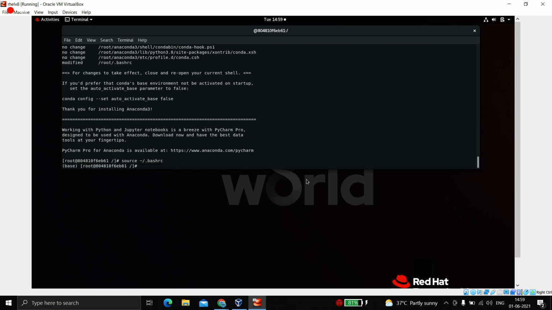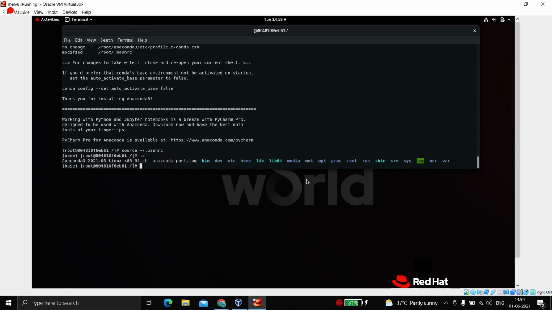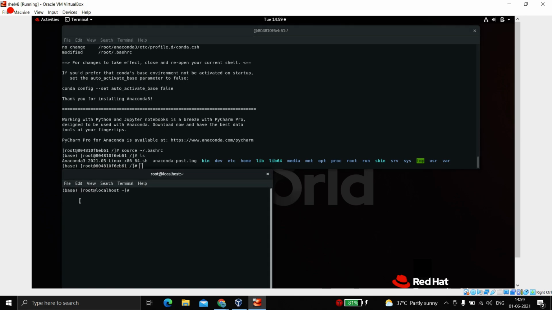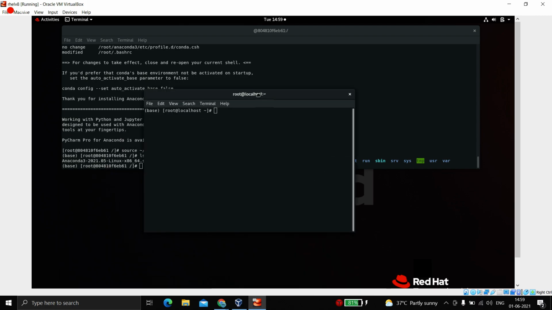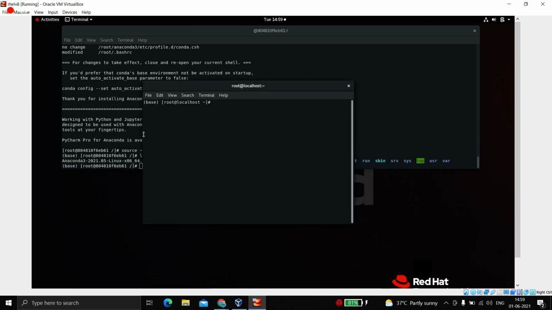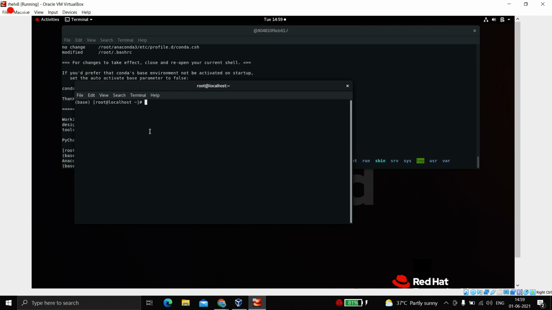It is -rc. Yes, so now Anaconda is activated and running fine, and our container is ready. So now what we'll do, we will take the name of it. I didn't give any name, so we'll see what name it has by using docker ps. And finally we'll use the docker commit command and the container name to make an image out of the running container.